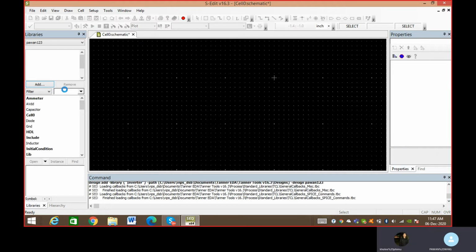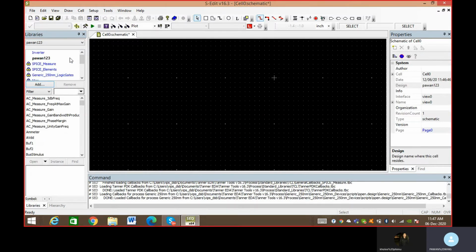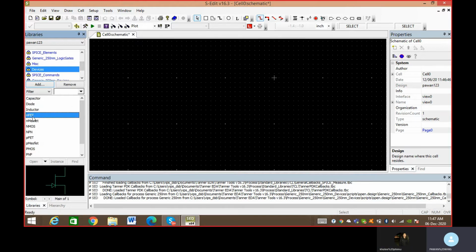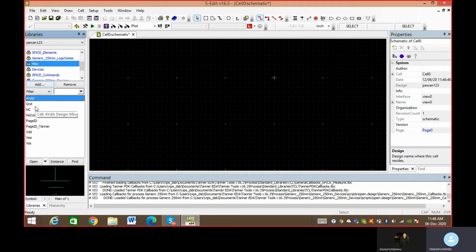Once you click it, see, all the files are coming here. When you explore this, you can see devices. These are the NFET, NMOS, CMOS, PMOS, diode, capacitor, resistor, inductor. You may have all these in the devices. In miscellaneous, there is VDD, ground, all the things.